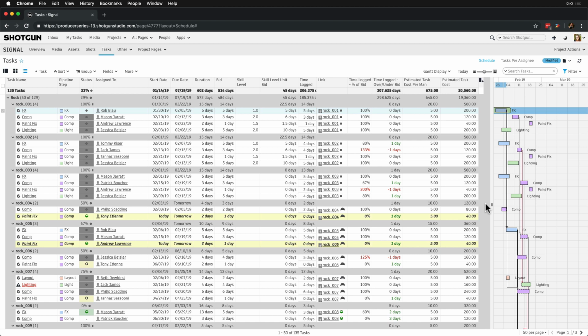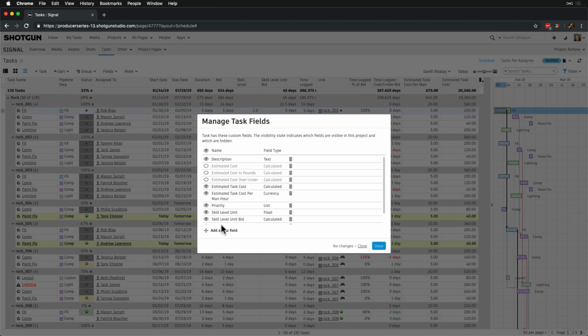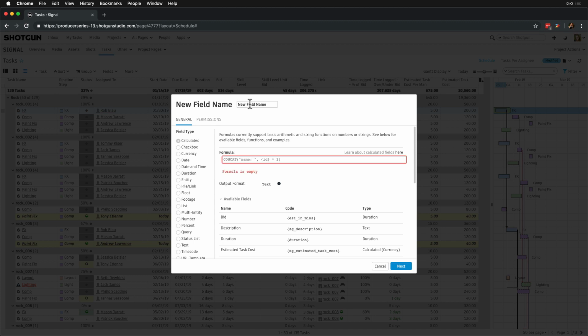And now that we have the estimated cost per task, we also want to show the progress on this cost. In other words, the estimated cost multiplied by the time logged to show us what's over budget. So we'll copy and paste the fields again and make sure the output is currency.